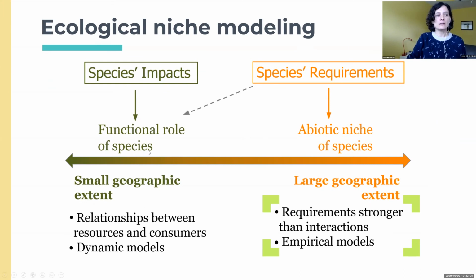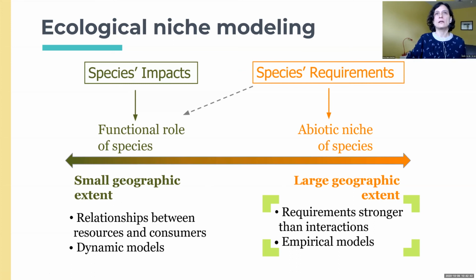So if we work at small geographic extent versus large geographic extent, and by that I mean maybe Smoky Mountains National Park in terms of small geographic extent, even though it's a big park, but in my macroecological mind, that is a small geographic extent. And then at the other end of the spectrum of this distribution or geographic space is this large geographic extent. Think about an entire continent, or think about, I don't know, Eastern United States. To me, those are large geographic extent.